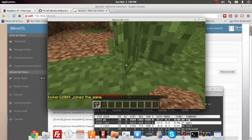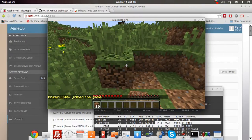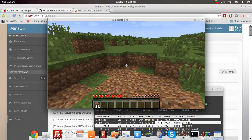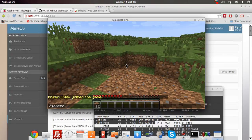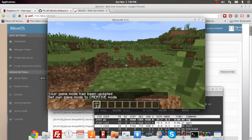The interesting thing I found is that, now you see I'm kind of in the ground. Give it a second. When you first log in again, you expect some delay, and there it just popped me up. So the delay goes away fairly quickly. Now, if I switch to game mode 1, creative mode, there's 0 delay